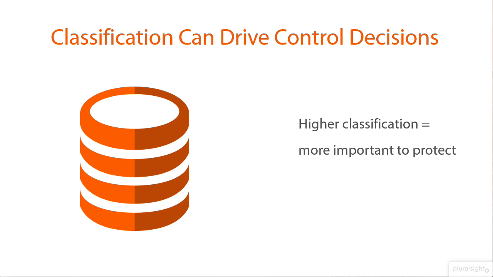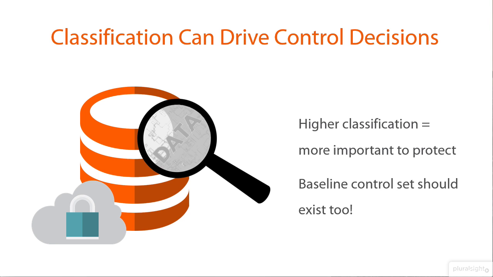But that brings us to the next point, that a baseline control set for all assets and information that exist in the organization. Say, for instance, in our example above, that the organization performs user activity monitoring and long-term log retention for all of their databases, regardless of classification. There are still additional controls that can be applied on the higher classification levels, such as configuration management, vulnerability assessments, check-in and out controls for privileged user accounts, and so on.